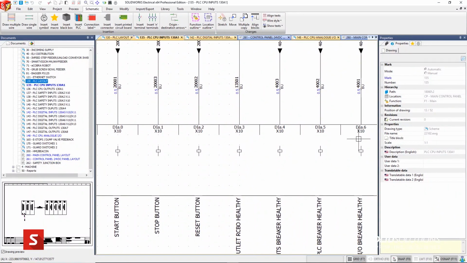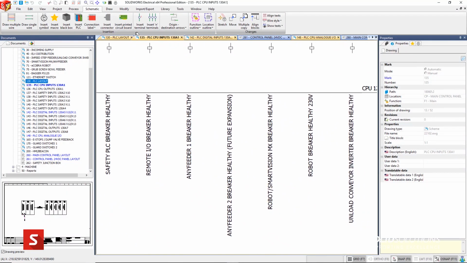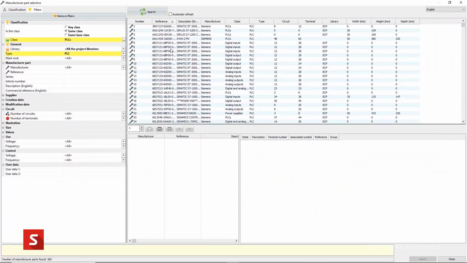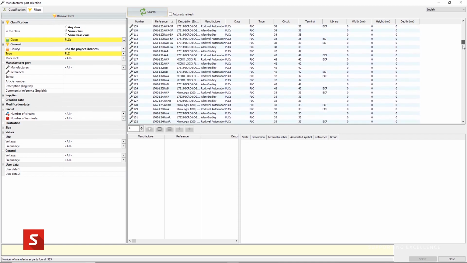When I started working for Grippo Automation, there was no electrical software, and once we started using SolidWorks Electrical, we needed components, we needed to build our library to be efficient in our designs, especially control panels. It wasn't very difficult because SolidWorks Electrical has a big library from many famous manufacturers like Siemens, Schneider, Allen Bradley, just a few big companies.